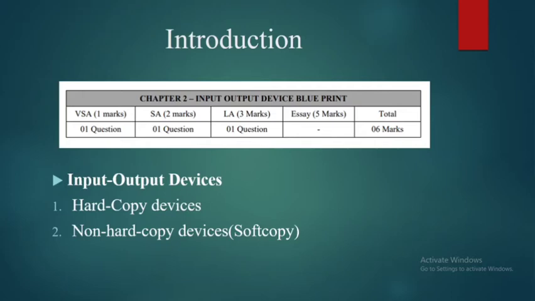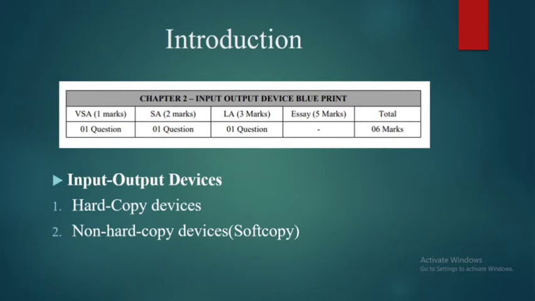As we all know, a computer is an electronic machine that helps to store the data, process the data, and perform some operation according to the user requirement. Computer systems prove to be useful only when they are able to communicate with the external environment. That means the user has to send some data and instructions. According to the user requirements, it performs some operation, then produces some output. So the computer is a very useful electronic machine.